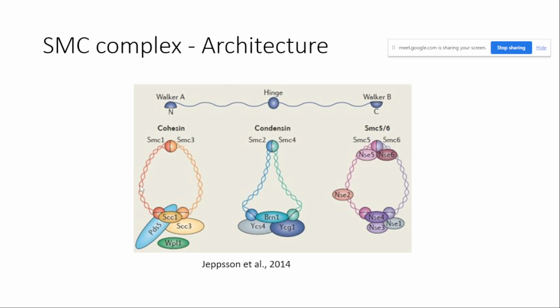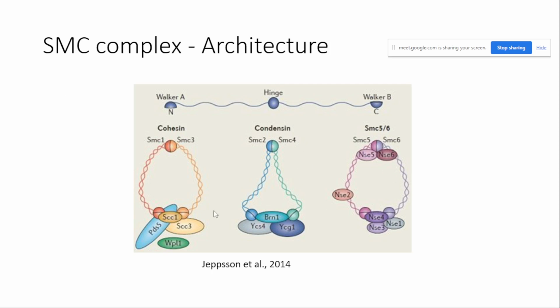It is the same for all of the SMC proteins: cohesin, which has SMC1 and SMC3, has the same folding pattern as condensin, which contains SMC2 and SMC4, and the SMC5/6 complex, which contains SMC5 and SMC6. All six SMC proteins are known to have the same kind of structure and the same folding. That is the basic architecture and folding of the SMC proteins. Three SMC complexes will be discussed here.